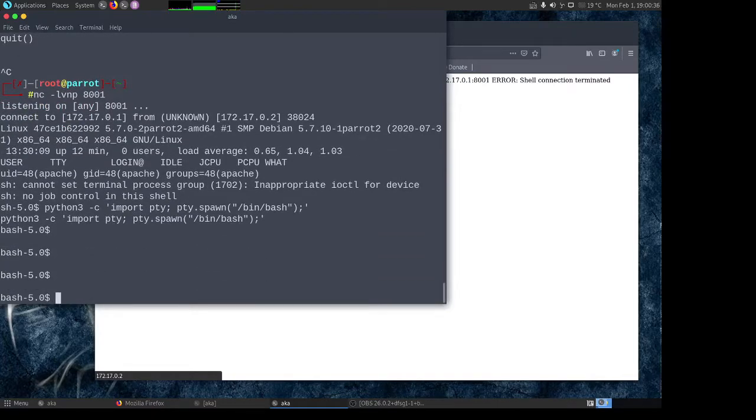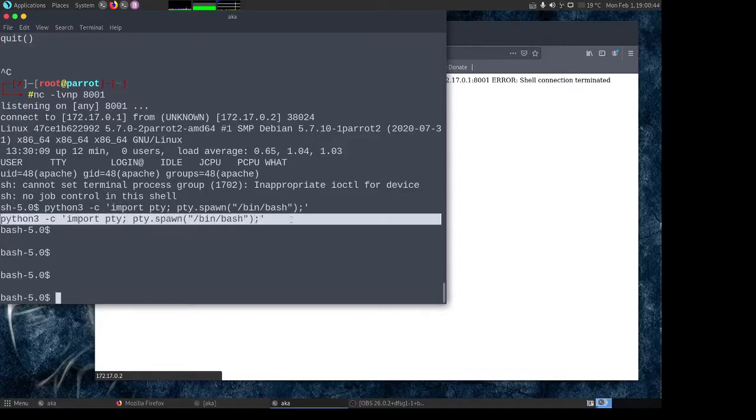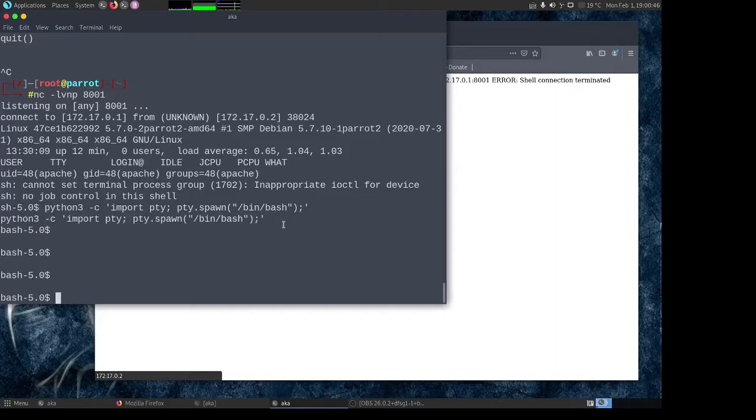Generally there is a trick to set your stty terminal also, but I generally never go that way, and generally pty is sufficient. If you want tab completion and all other things, you can background this with Control Z and then do that, but I'm not going that path. But you get the idea. Now you are in a bash shell, and now you can do your privilege escalation from here, or you can start another script from here which can give you a better reverse shell or a persistent session for yourself, right?